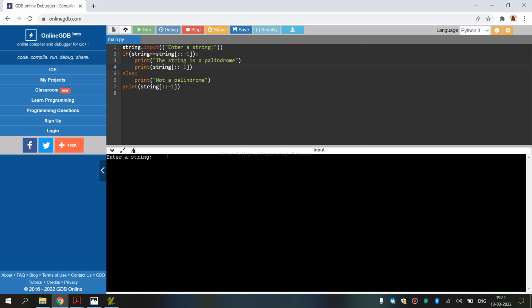For example, if I give a palindrome example as level